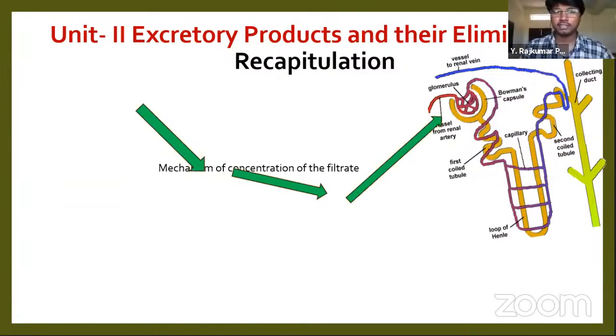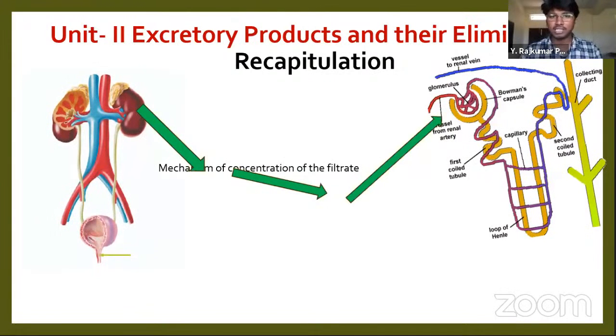Let us recapitulate what we have learned from Excretory Products and Their Elimination, which is unit 2. We started learning about the excretory system. There you studied the excretory organs, which are kidneys, isn't it? The main organ is the kidney, and there are some associated organs also, like ureter, urinary bladder, renal vessels, isn't